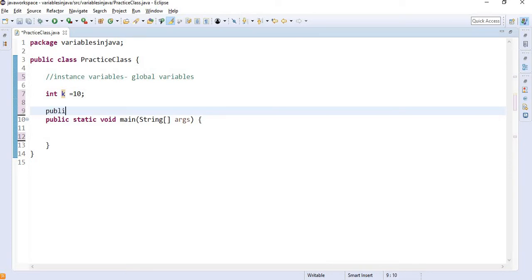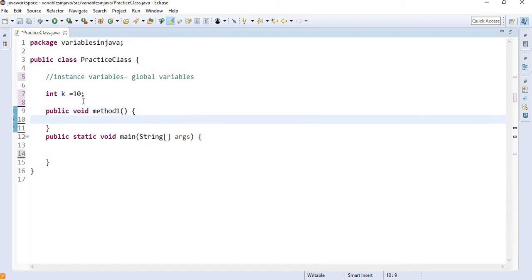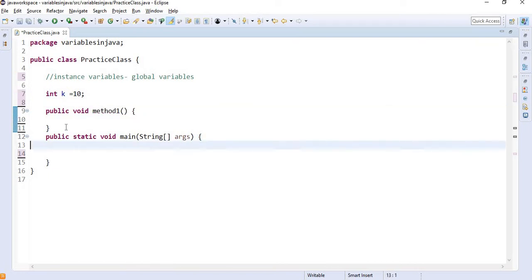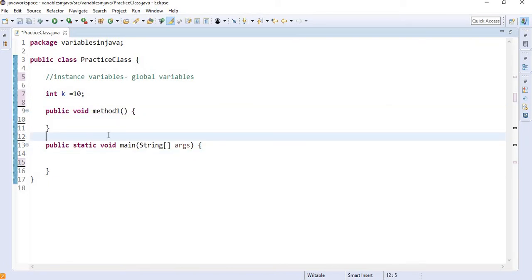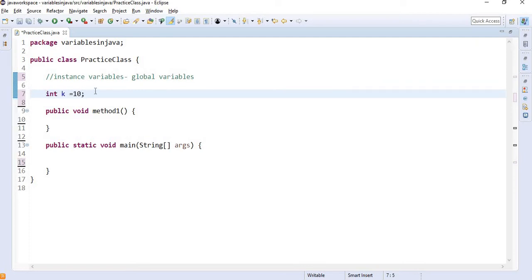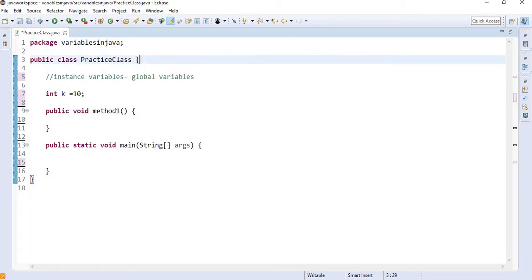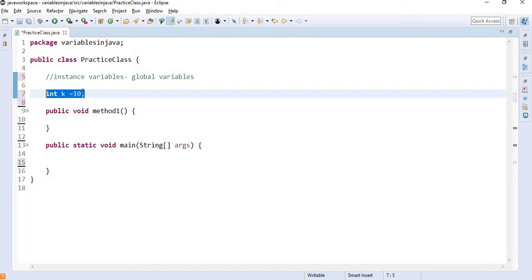Suppose there are n number of methods, then I can access k within this method, within that method, or anywhere within the class. So this is an instance variable, which is initialized at class level. From the starting of the class block to the ending of the class block, I can access this variable anywhere.